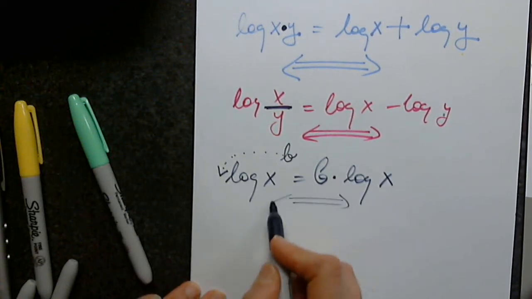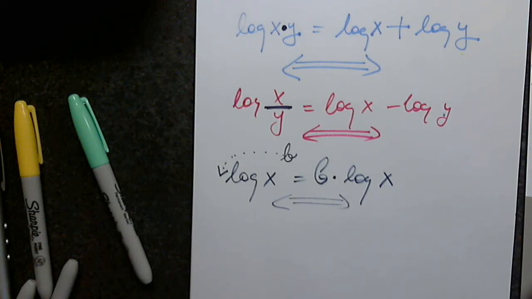Again, this goes back and forth, which means if in front of a log there is a quantity, whatever that quantity is, it really comes from the power of this expression. Or if I see it as a power, then I know it goes in front as a factor, which means not addition, not subtraction, not division, just product. Product. Okay, so coming back to our equation,